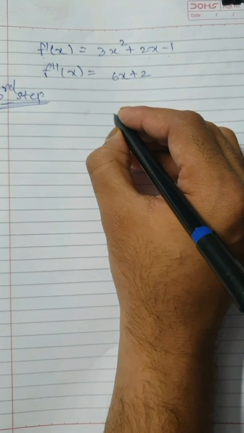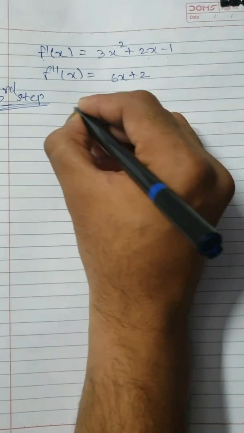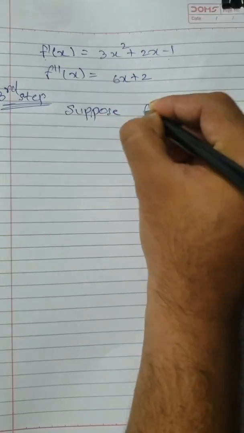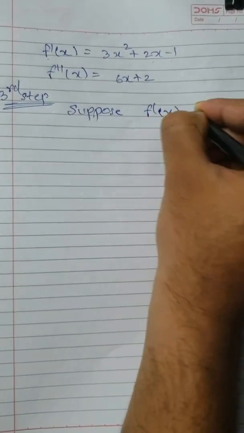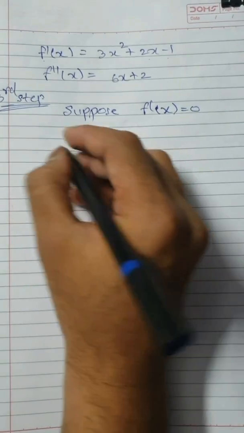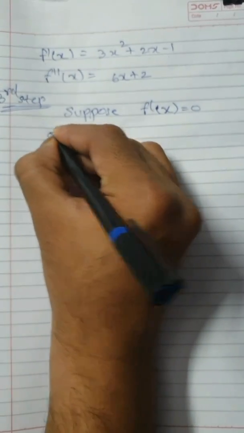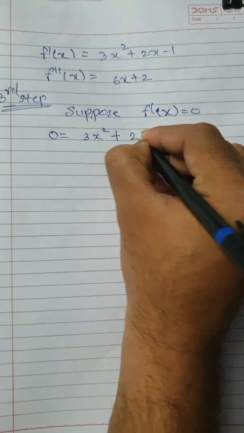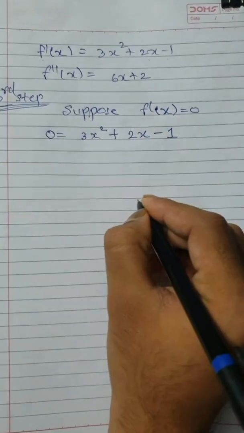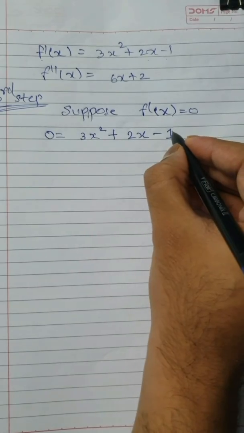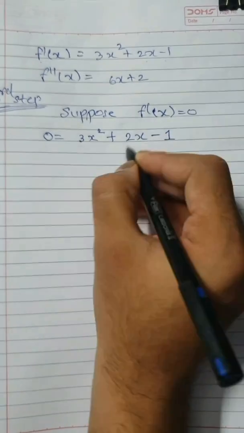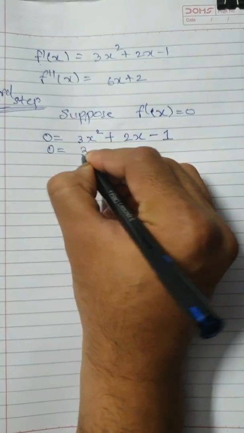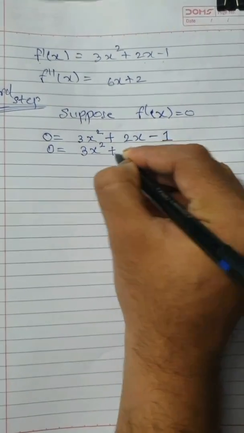For obtaining the value of x, we will suppose that f dash of x is equal to 0. That means 0 equals 3x square plus 2x minus 1. So here we will use the middle term splitting method, that is 3 ones are 3. We have to obtain the middle term as 2. So we will split the middle term as,